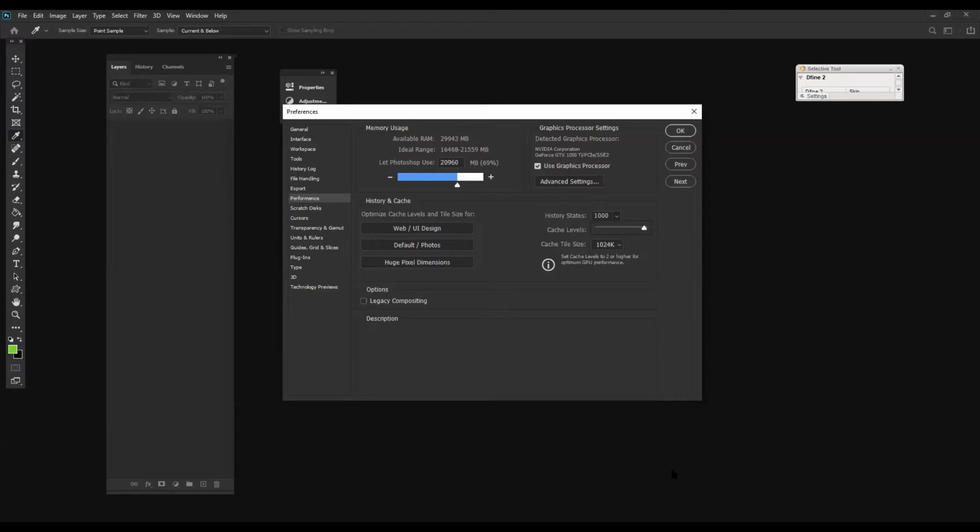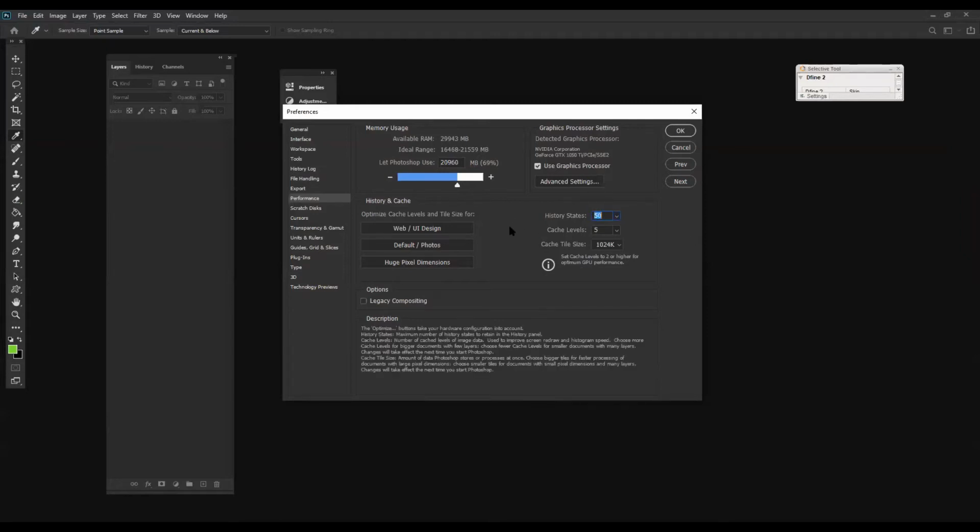So better understand how many steps back you want to go. Keep it around 20 to 100. Between 20 to 100 is one of the best settings for performance, where it will help you out. So let me keep it around 50.